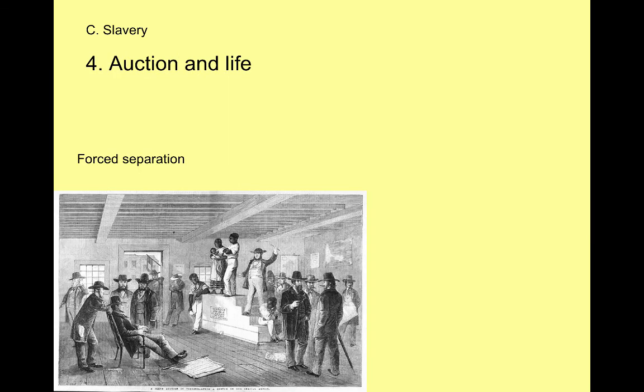Once a slave would get to the New World, they are unloaded off the boat and they are going to be sold at auction. Usually maybe about 1 or 2 weeks from when they get off the boat to when they go on the auction block. The reason we have this lag in time is because the person who has purchased the slaves and is going to sell them at the auction block to a potential plantation owner knows that they're not going to get a very high price for each slave right off the boat. They're sickly, they're emaciated, they've barely been fed enough to survive, to keep costs down, and so they need to, quote-unquote, fatten the slaves up. They need to get them a little bit healthier so they'll bring a better price.